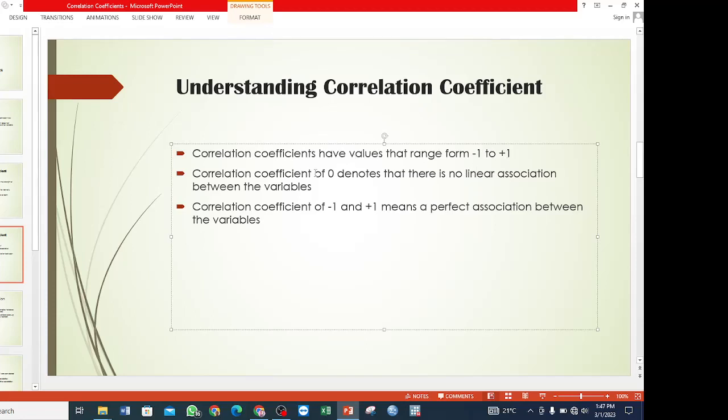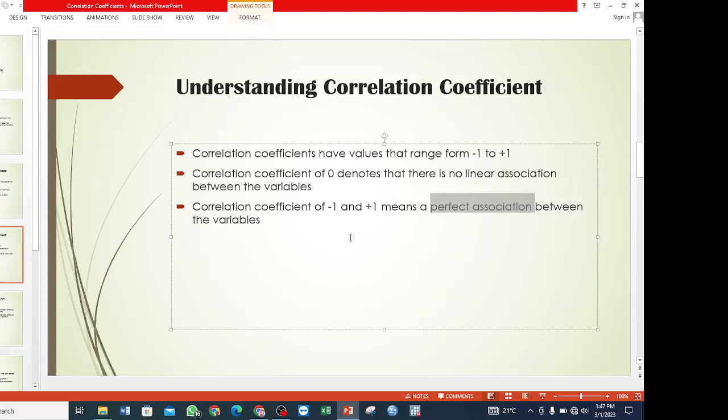And if you get a correlation coefficient that is 0, that would mean that there is no association between your variables. But if you get correlation coefficients that are -1 or +1, then that would mean that there is a perfect